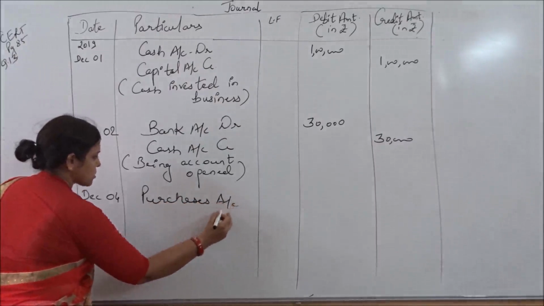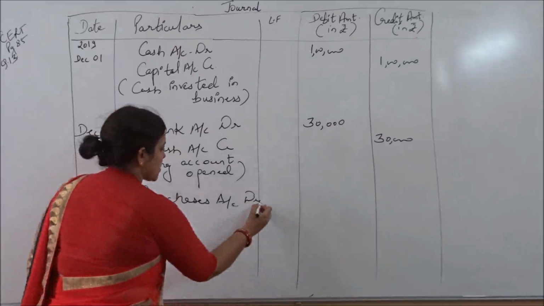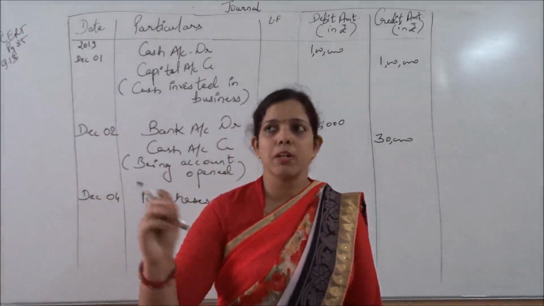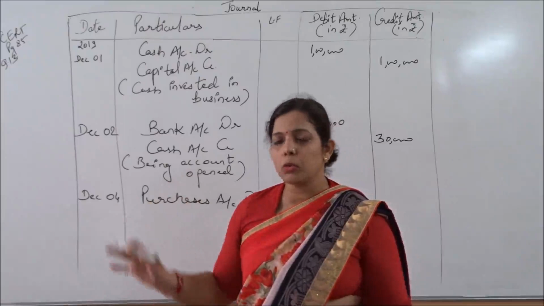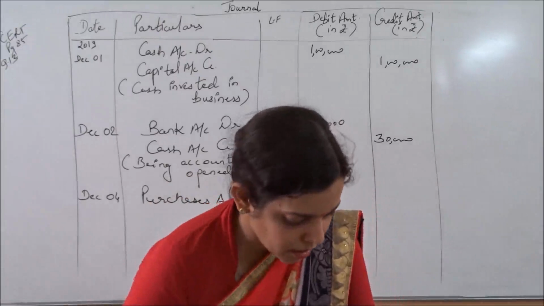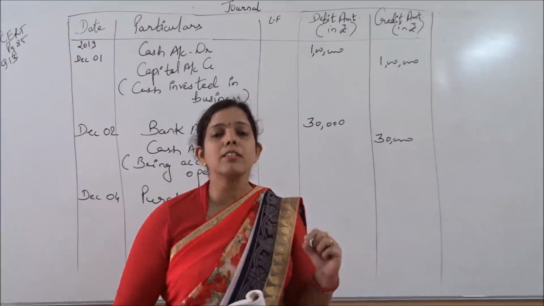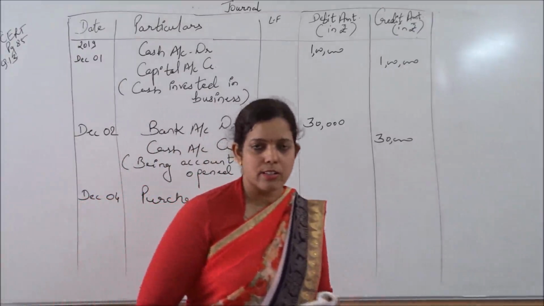Purchases account debit. And who is the giver? Goods are purchased from whom? हम यहाँ cash नहीं लिख सकते because ये नहीं बोला है कि goods purchased in cash. If it only said goods purchased, then also I would have written cash. But the question is saying goods purchased from Ashu, and the point is, whenever a name is given in the question, since Ashu is given, it is not a cash transaction.